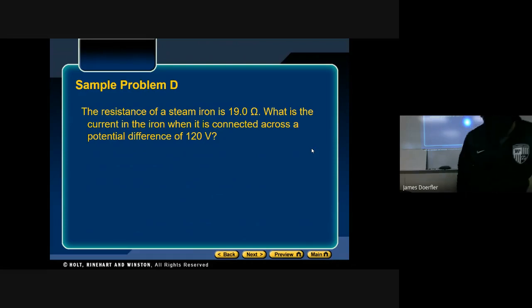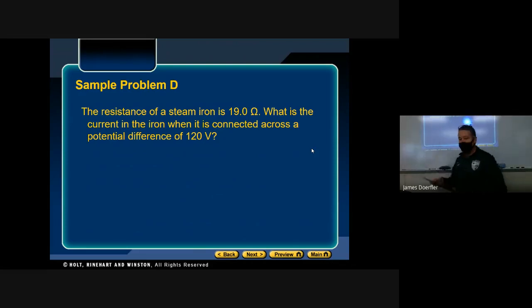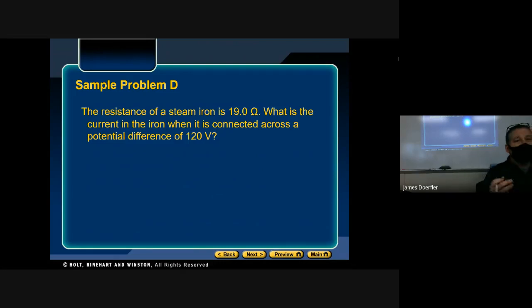The resistance of a steam iron. Let me move some of my stuff here. The resistance of a steam iron is 19.0 ohm. What is the current in the iron when it is connected across a potential difference of 120 volts, which is basically your standard voltage of an outlet at your home? Okay, so